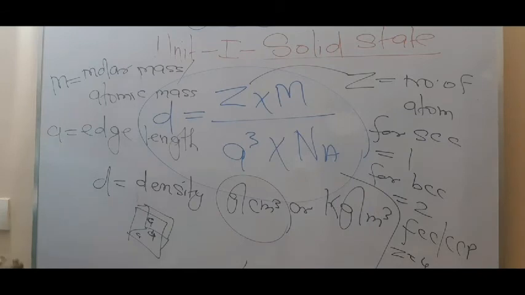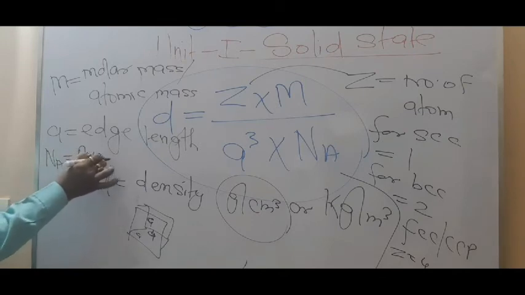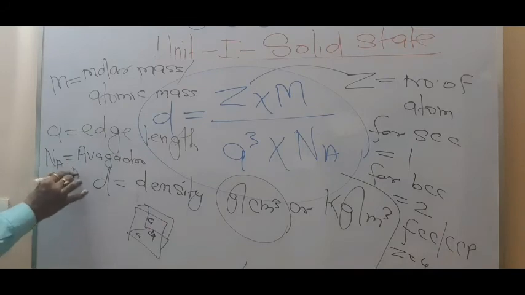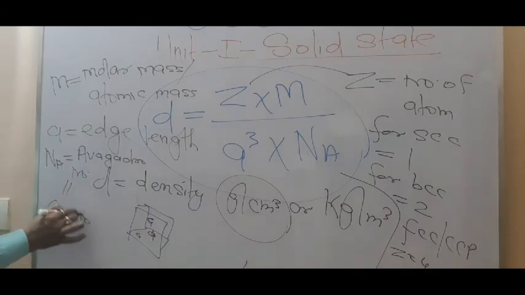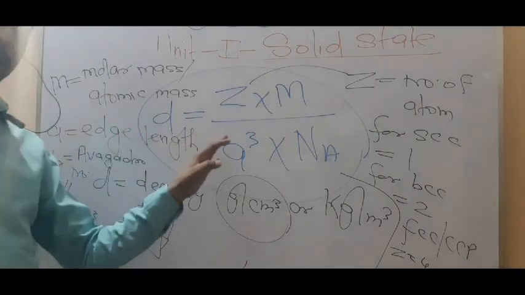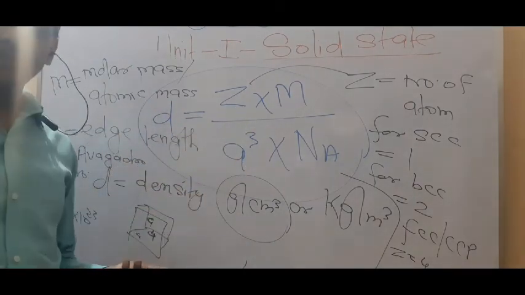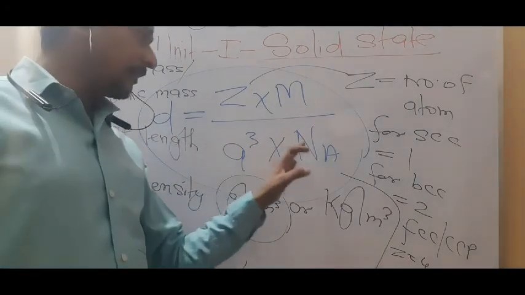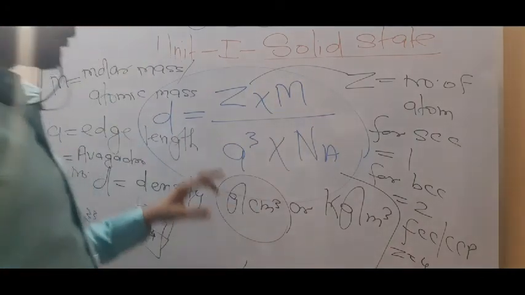Now, what about the Na? So this is very famous. Na is known as Avogadro number, and this is equal to 6.02 into 10 to the power 23. Are you getting this point or not? So this we have to note down regarding the density formula. Out of 5, 1 will be unknown, which you have to find. Just like if one question is given with D given, A given, Na given, M given, and you have to find the answer Z.